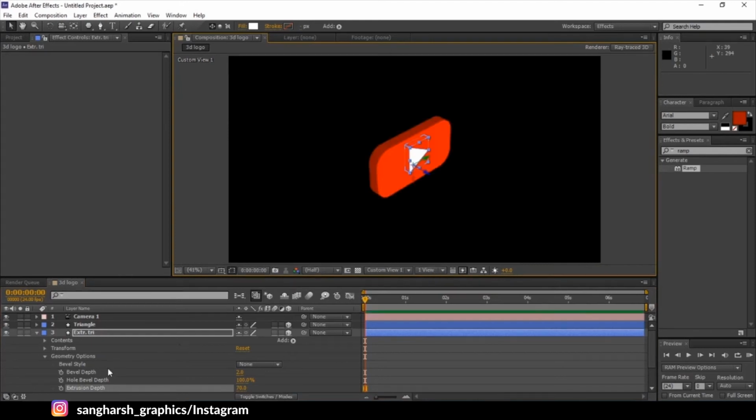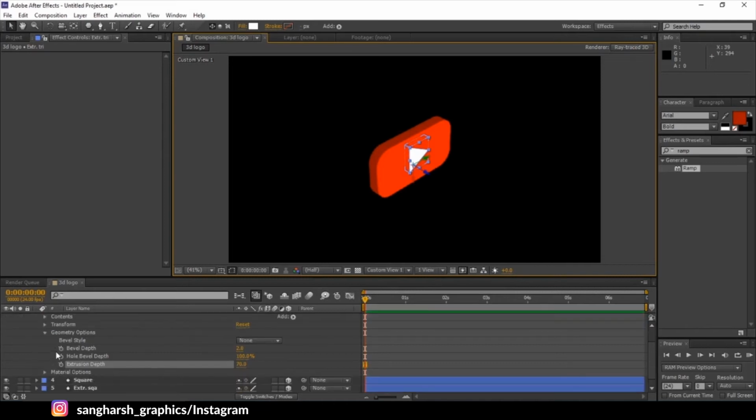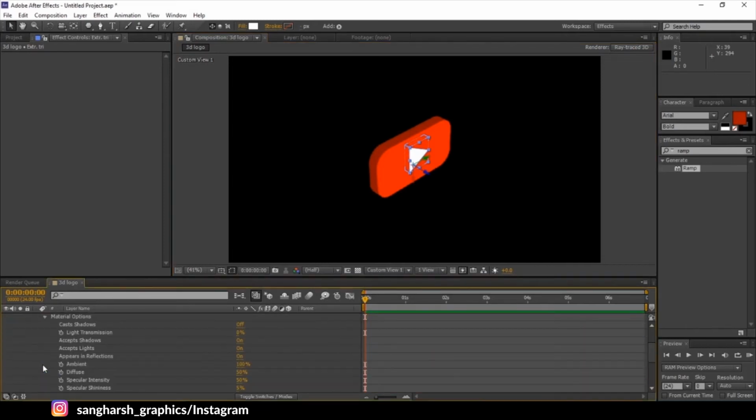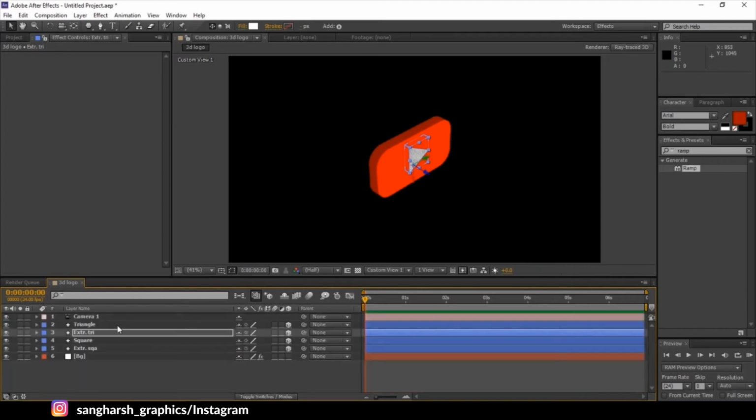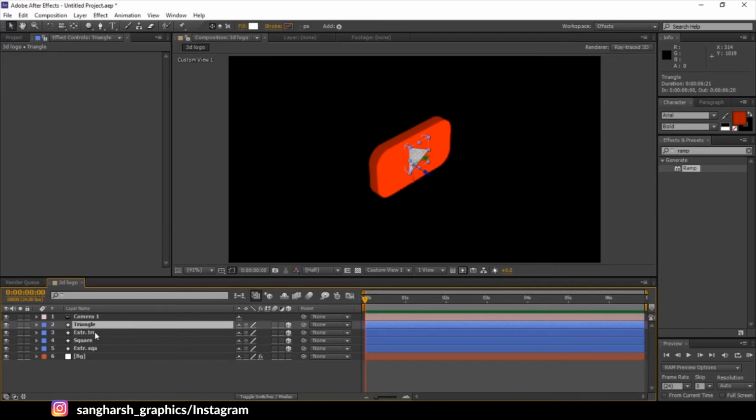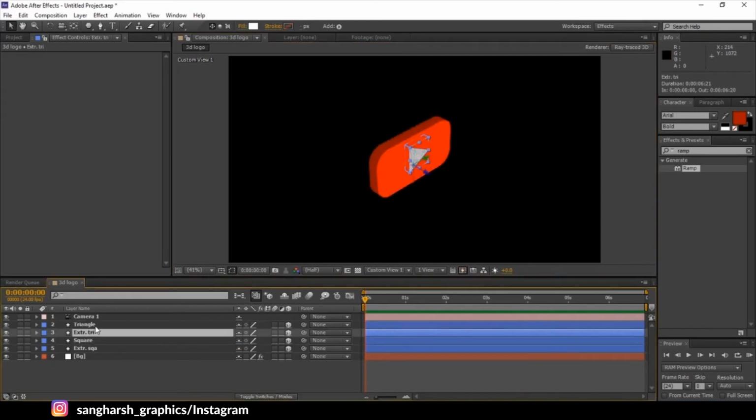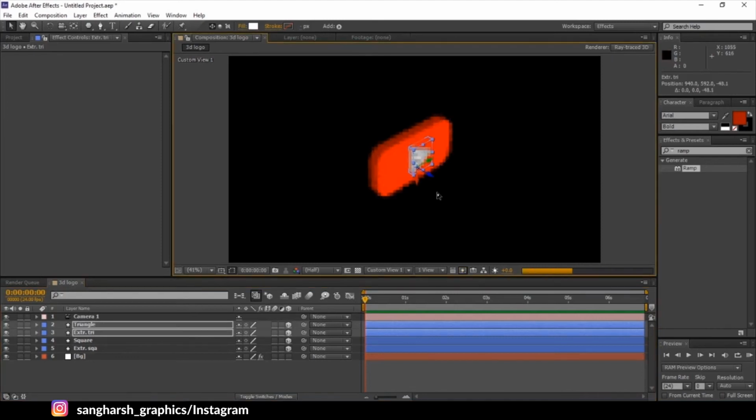Now go back to your active camera. Before doing that, I will just take the rectangle. As you can see, the rectangles are inside the square. We're gonna take them forward, because we want them forward. So just select both layers, and here on Z, the Z appears. Then just drag them a little bit forward. It will take the rectangle a little bit forward in Z depth from the square.